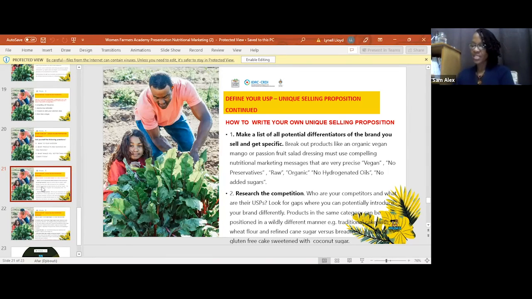No preservatives. You know who this appeals to? This appeals to the food as medicine movement. They don't want preservatives in their food. People who are health conscious do not want their food embalmed like the dead. Then there's raw, okay? These are the green and organic movements. There's no hydrogenated oils, food as medicine. Persons want healthy fats. And there's no added sugars. Still back to food as medicine because persons want to reduce their sugar intake. So a simple product like an organic vegan salad dressing is targeting 4 out of the subsets of the persons. We're talking about the marketing movement groups.